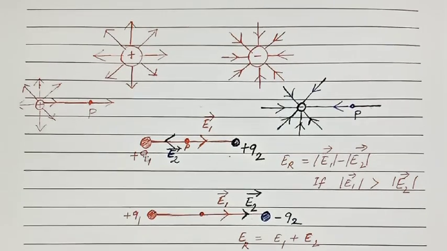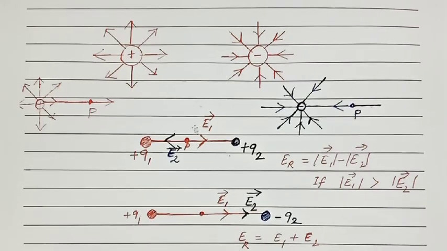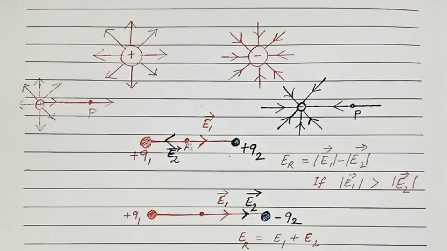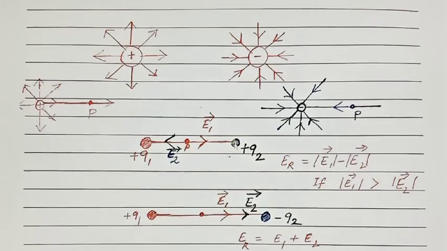You see Q1 is positive, plus Q1, plus Q2. Now if you want to draw the electric field vectors at point P, you can see here E1 is the electric field vector due to Q1, and E2 is the electric field vector due to Q2. Due to this positive charge, electric field lines have to go radially outward like this, like this, like this. So through that point P also this line has to go like this. Similarly, at this point P, due to this positive charge, the field line has to pass through that point P like this.